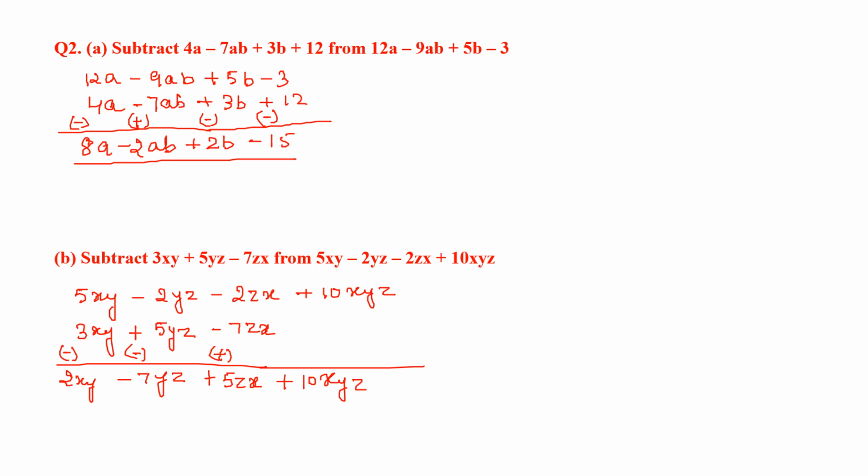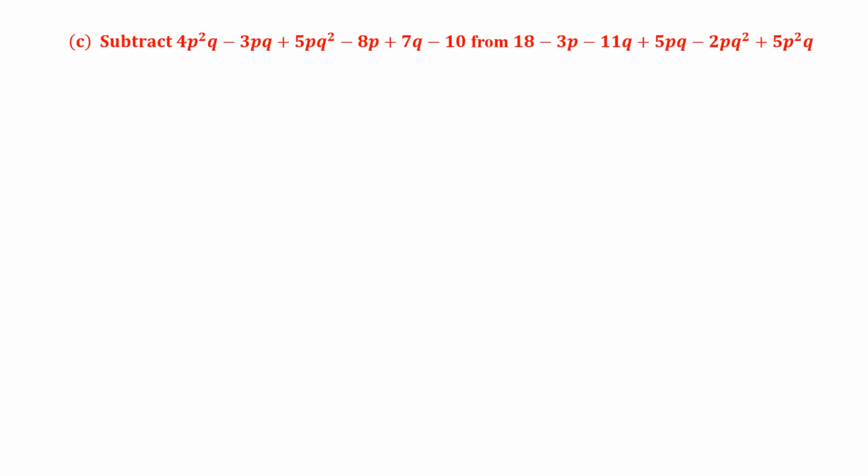Now question 2, the last question is: subtract 4p square q minus 3pq plus 5pq square minus 8p plus 7q minus 10 from 18 minus 3p minus 11q plus 5pq minus 2pq square plus 5p square q. So again I am going to use the column method. First I am going to write this expression. I am going to start writing from the highest power of p. So first I am going to write 5p square q, then minus 2pq square, then plus 5pq,